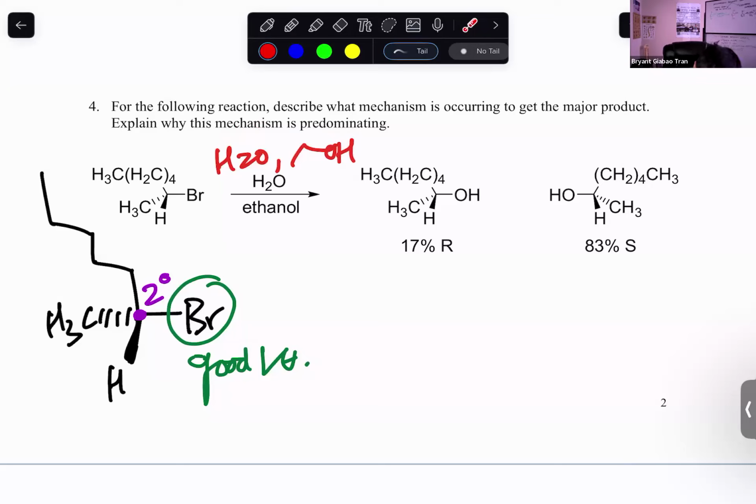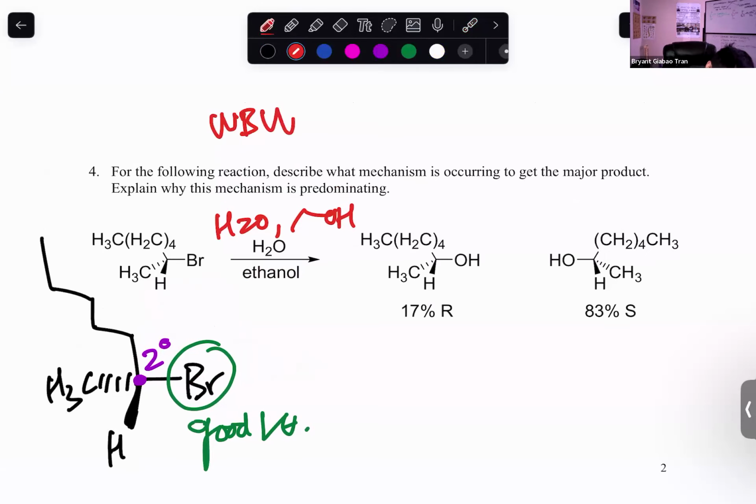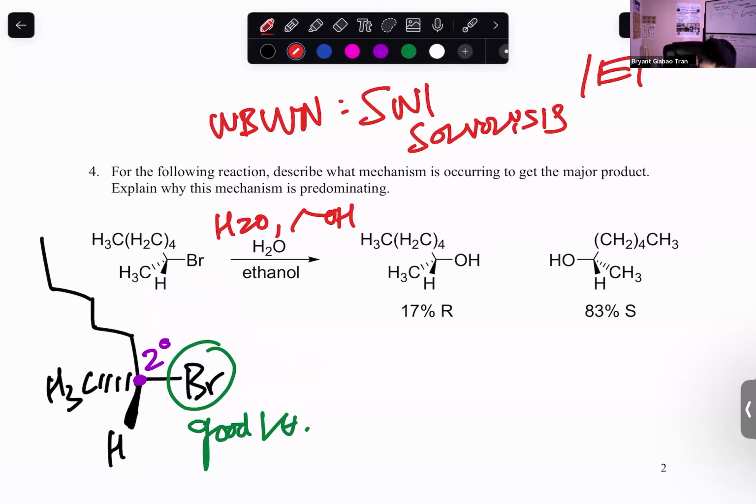But based on his thing, he's saying that this is the solvent, but this could have been the nucleophile as well, right? So we know that water and alcohol are a weak base, weak nucleophile, right? So it's a poor base, poor nucleophile. And given the secondary substrate, good leaving group, and weak base, weak nucleophile, this is a big sign for an SN1 reaction, solvolysis, right? And E1 is going to be minor, but I'm just going to focus on SN1 here